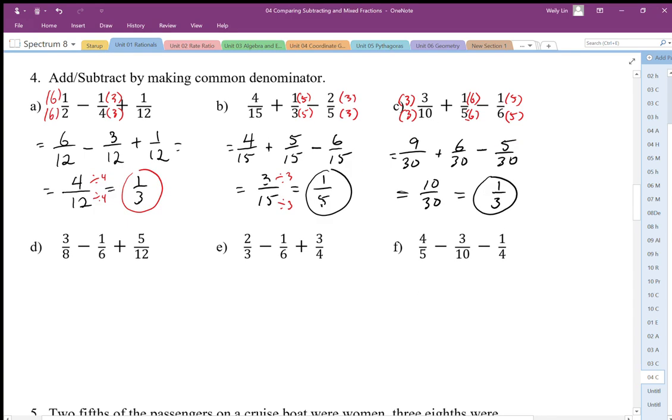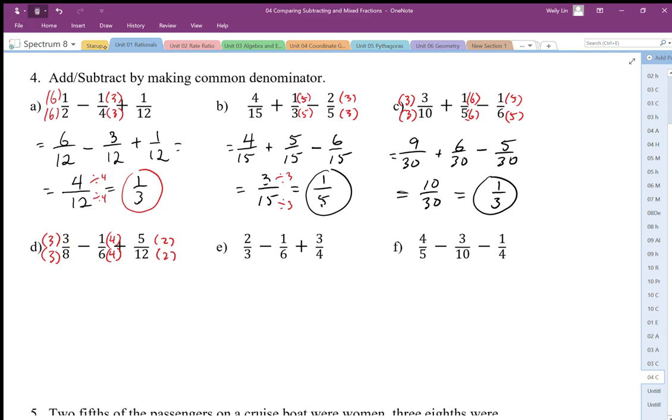Okay, for these ones, same thing. We want to get a common denominator. Looks like it's 24. So we need our times by 3. Okay, so we're missing a times by 3 factor here. We have to do what we do to the bottom, we have to do to the top to keep the same ratio. We're missing a times 4 factor here and a times 2 factor here. And again, whatever you do to the bottom, you have to do to the top to keep the fraction balanced and